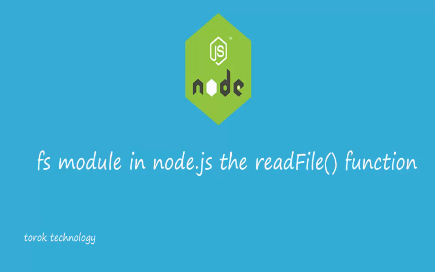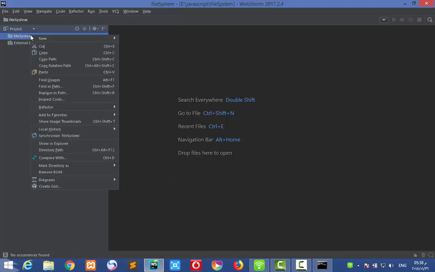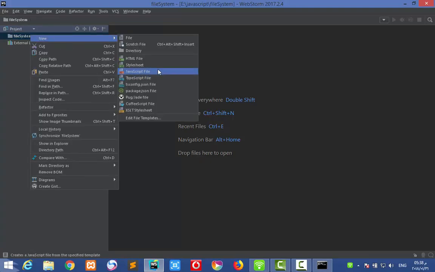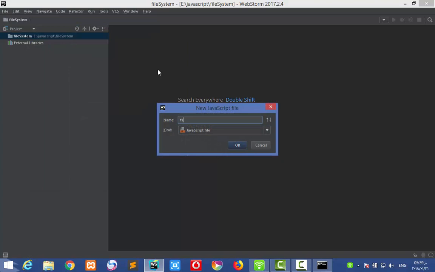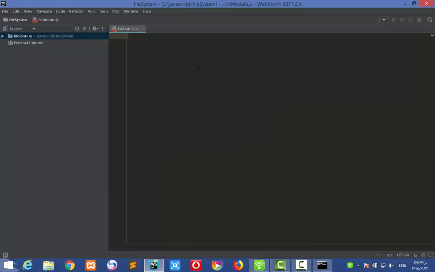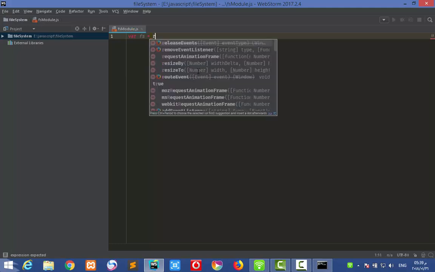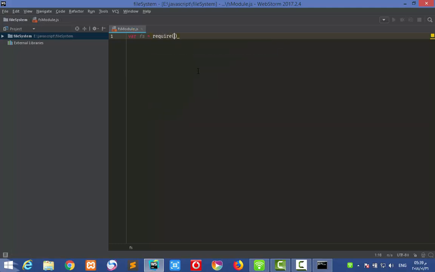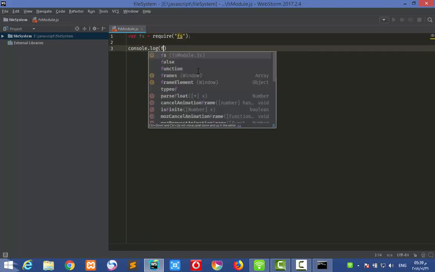Firstly I will open WebStorm and create a new file called fs module.js. Before working on anything, you have to require and import the fs module. So you just write fs equals the require function to import anything you want, and we write fs to require this built-in module in the Node.js environment. So if I write console.log fs